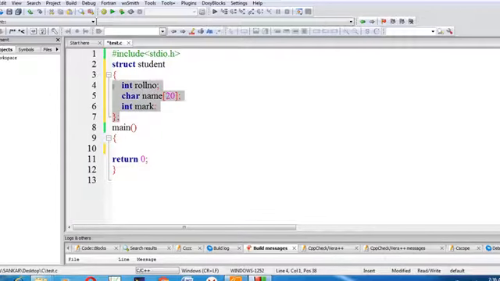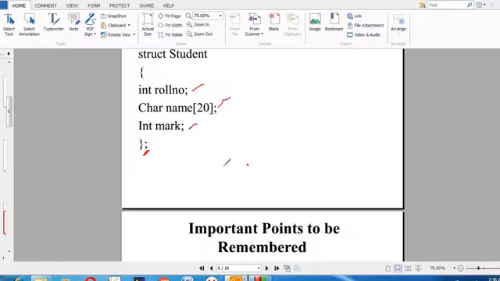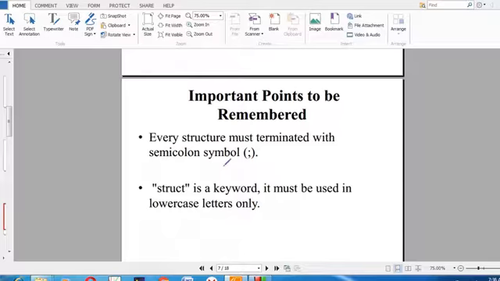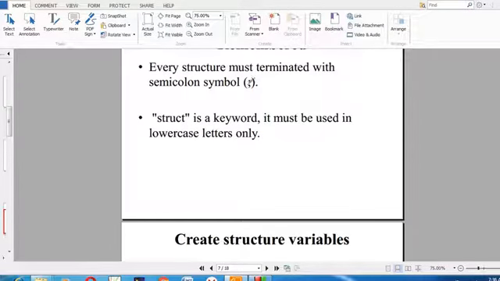If I compile now, our compiler will not allocate the memory, because I have only created the structure. If you want to create memory, we have to do one more step, called structure variable creation. The important points to remember: every structure ends with a semicolon, which is mandatory, and while starting the structure we have to use the struct keyword. It's a keyword, and all the letters should be lowercase.